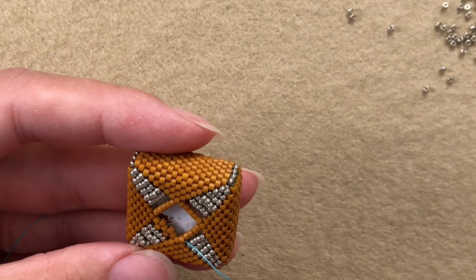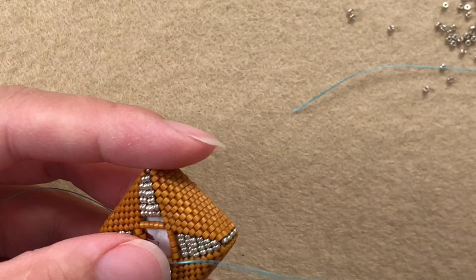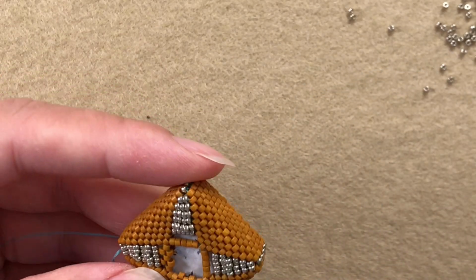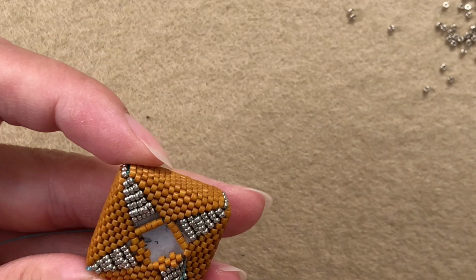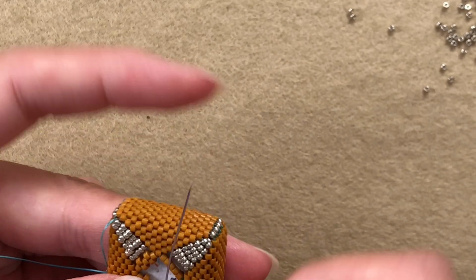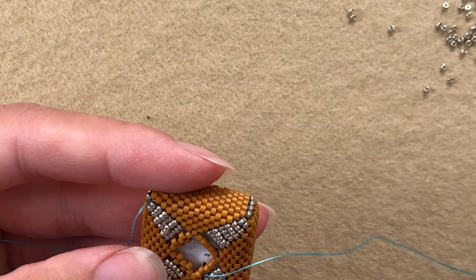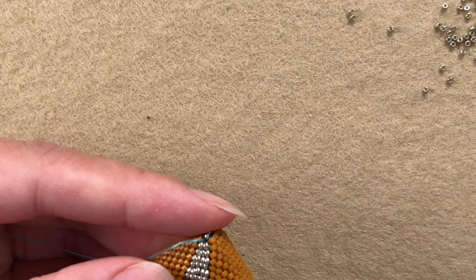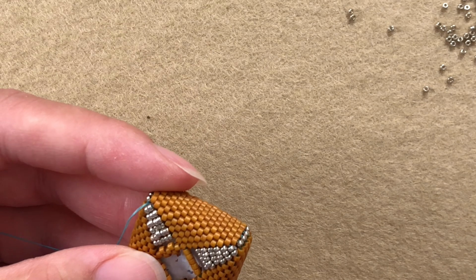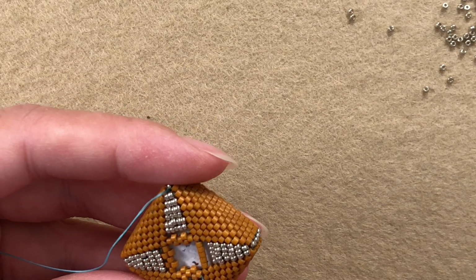pick up a delica, skip 1, go through the next, pick up a delica, skip 1, go through the next, go through the corner delica, through the first delica on this side, pick up a delica, skip one, go through the next, pick up a delica, skip one, go through the next, go through the corner delica,